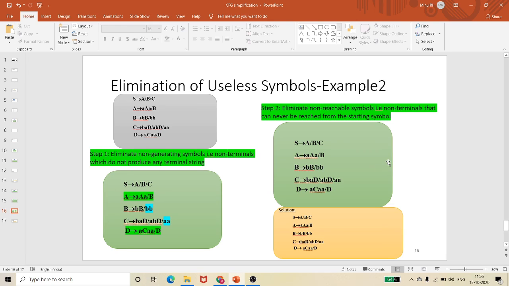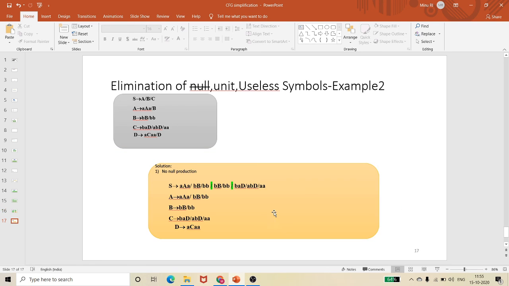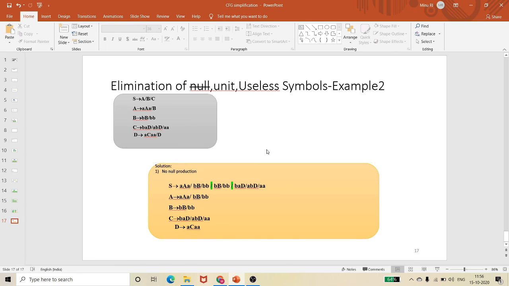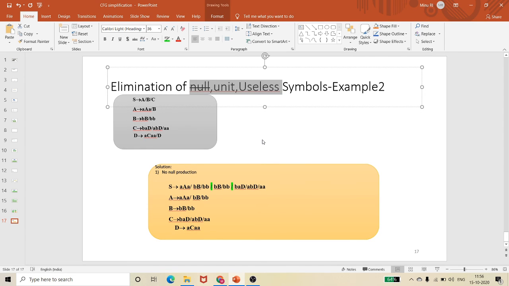That's how my actual simplified grammar will look. You can see that after doing all the simplification, this is how my simplified grammar will look. Hope you understand the concept. While in the exam, or in whatever case you write, while going for simplification, better first check for null production and eliminate it, then check for unit production and eliminate it, then check for useless symbols and eliminate them. Most of the time, if we try to solve the problem in this order, we will get the correct answers. Thank you.